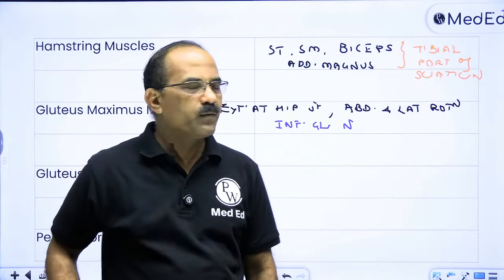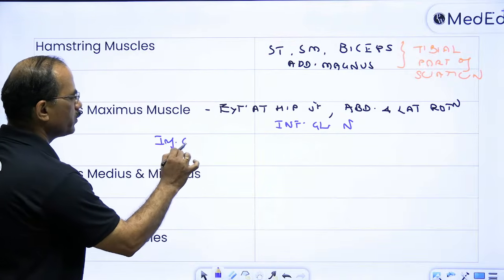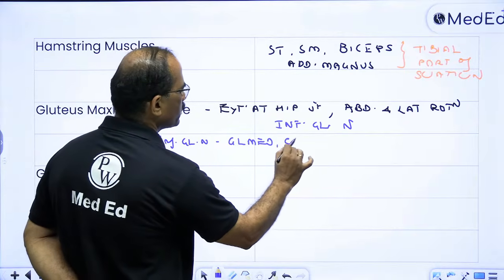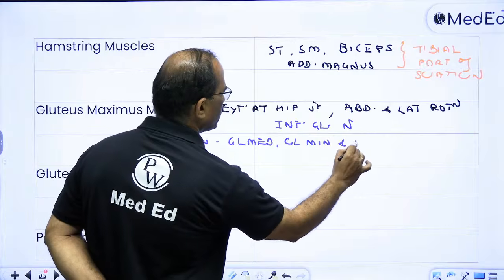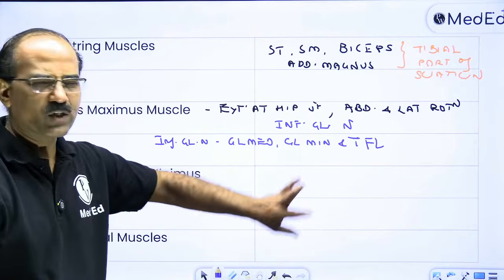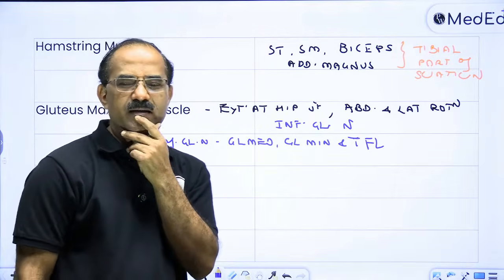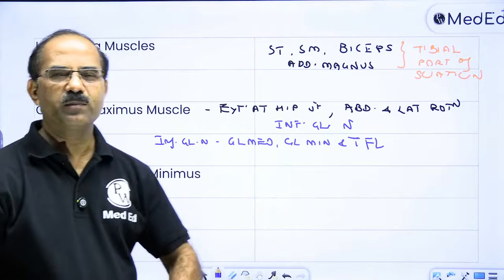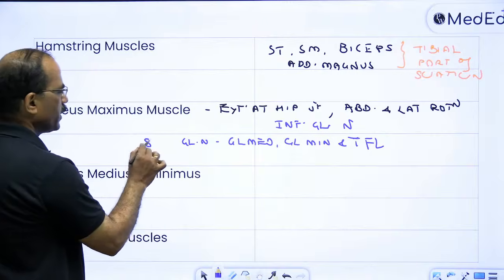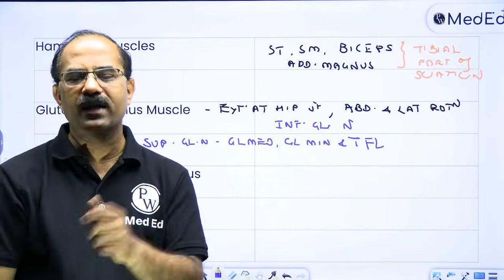So what does the superior gluteal nerve supply? It supplies the gluteus medius, gluteus minimus, and the tensor fascia lata. Tensor fascia lata. This is a very important MCQ. It has been asked many times in INI-CET. The superior gluteal nerve, not the inferior gluteal nerve. The superior gluteal nerve supplies the gluteus medius, the gluteus minimus, and the